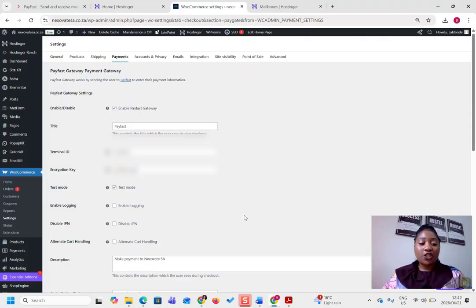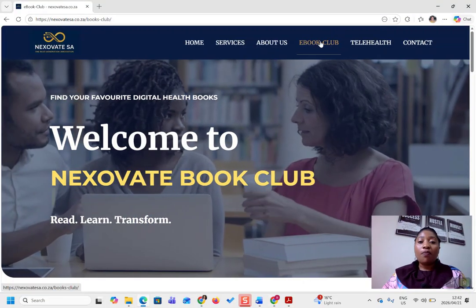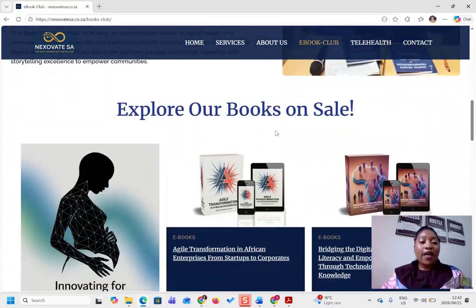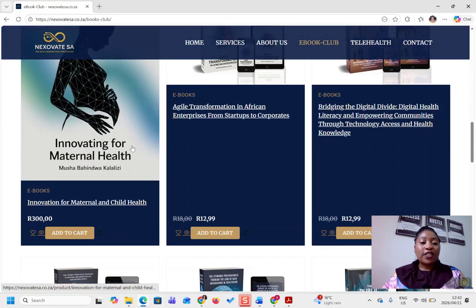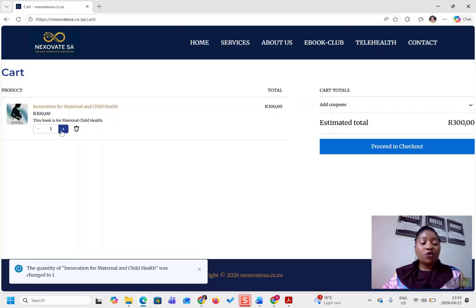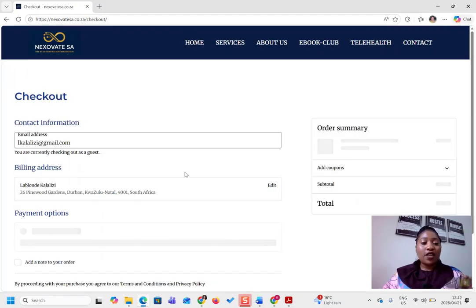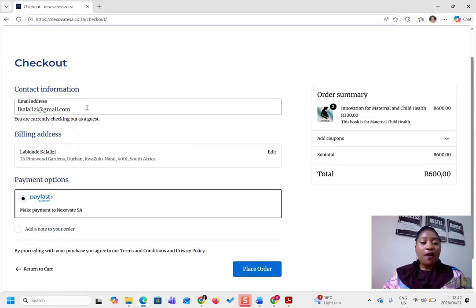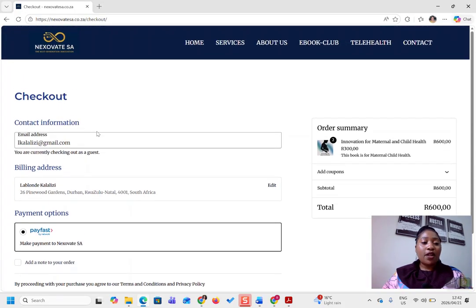Once you save your changes, you can go back to your site, to your shop. I'm in my ebook club right now, and I want to buy this book, Innovating for Maternal Health. I add to cart. Once I have added to cart, I want to see what happens right here. I want to buy two books. After I have selected my options, it's going to say proceed to checkout. I have proceeded to checkout, and I have to fill out my information, my email address,